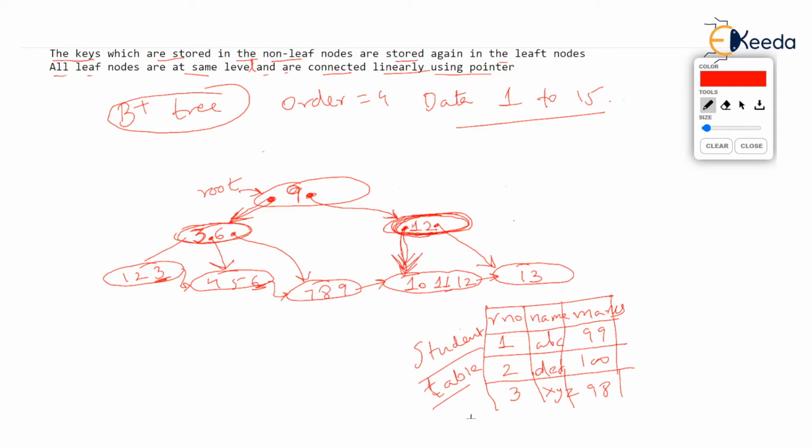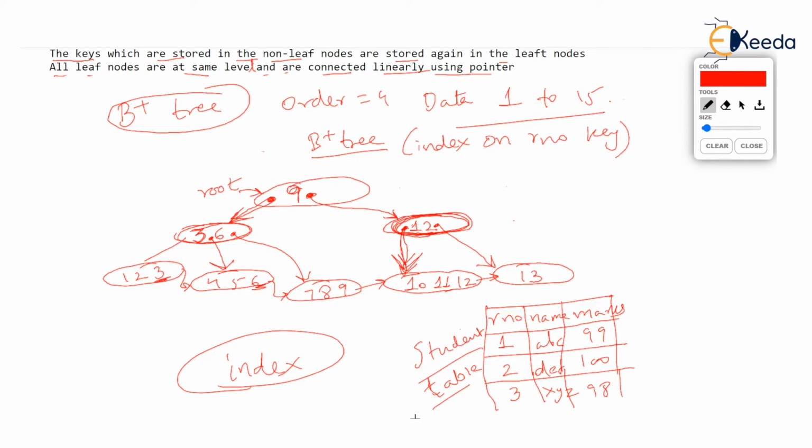Now this student table is stored, but after storing the student table, the big point is we want to actually search the records. Basically, databases are always searched, isn't it? Now, to make the searching faster, what is done is on this student table, one index is made. And the B plus tree that we have created here is basically an index for that table. Index for the student table we have created. And the index is made on the roll number key.